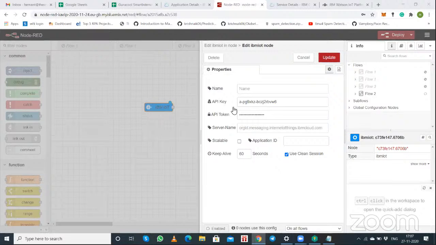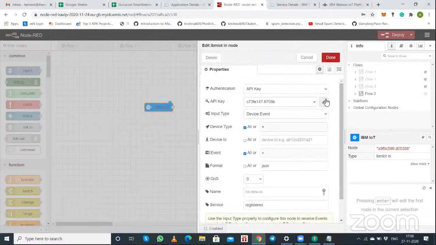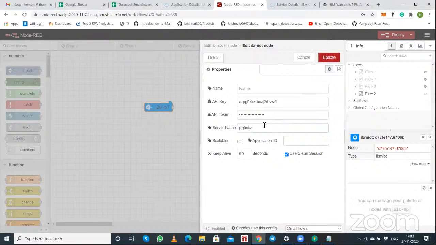Then we have an option called server name, right? There you just give your organization ID, which we have saved in our notepad, just like I am doing it. Just take this organization ID from here, copy this organization ID, and paste it there, then type dot, your organization ID, dot, messaging